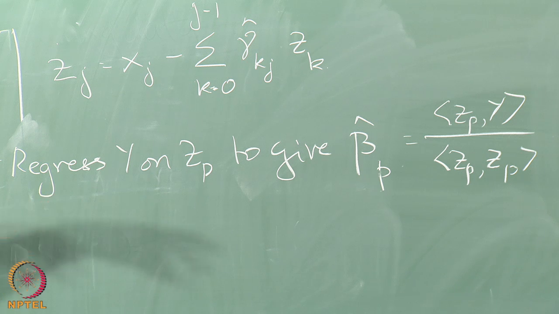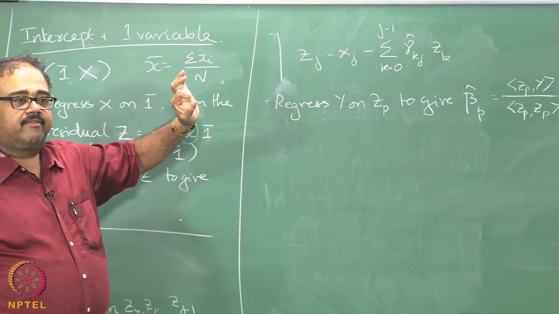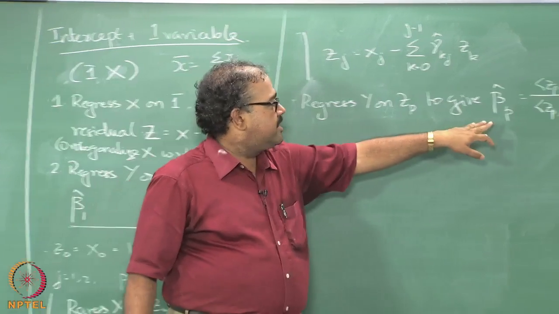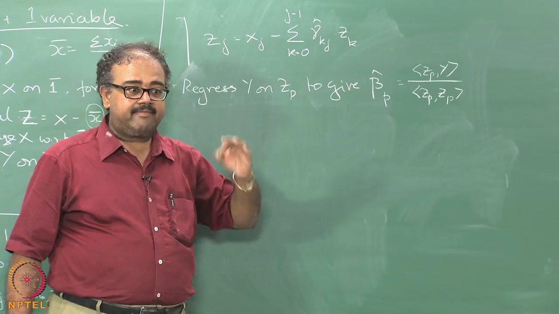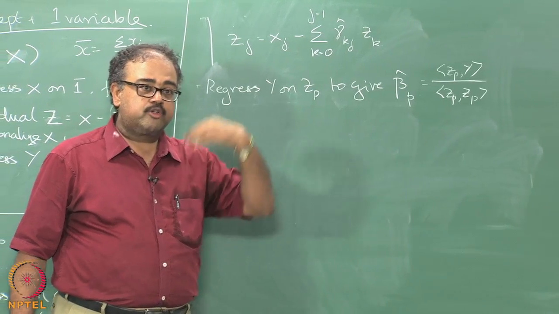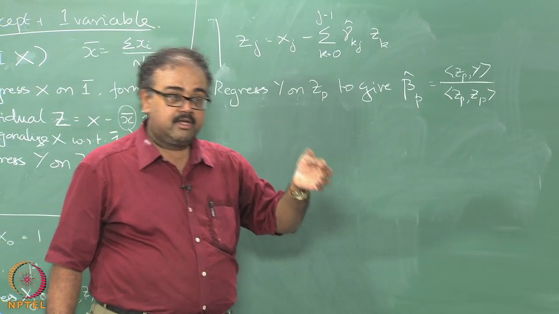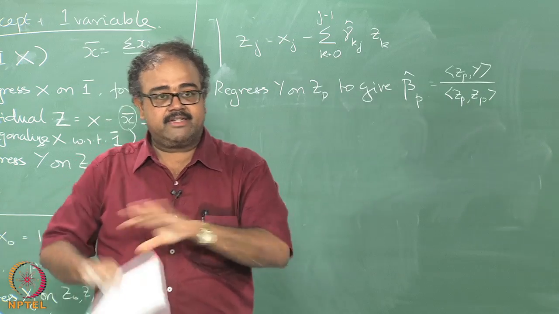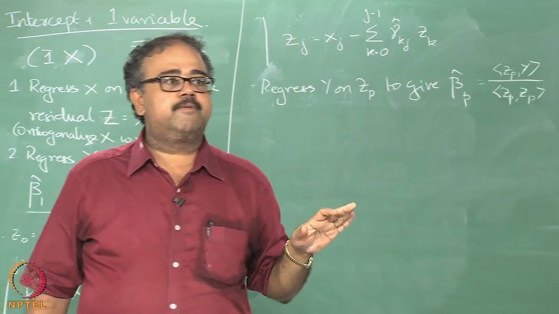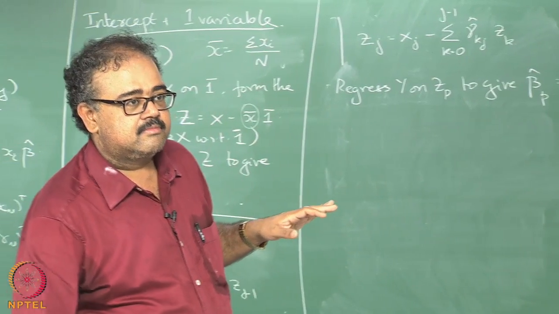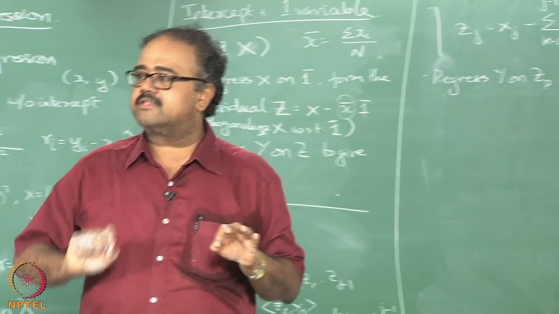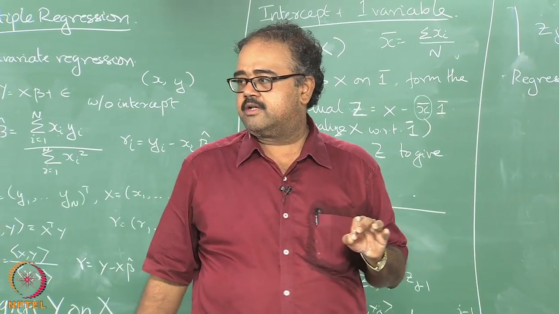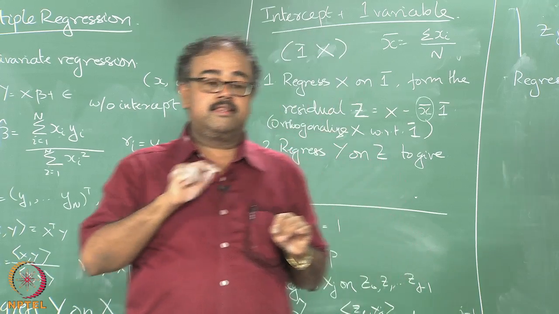But because of the process we have generated it, we can interpret it in a slightly different way, which is essentially beta hat p tells you how much the pth variable contributes to the output, given that we have adjusted for all the other input variables. Given that we have adjusted for all the other input variables, how much does the pth variable contribute to the output. Now we can go back and think about